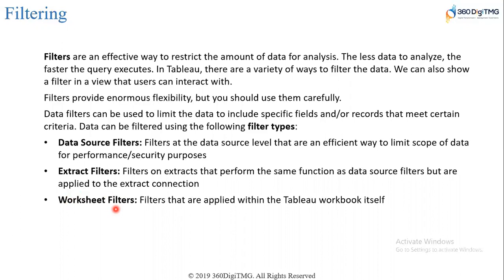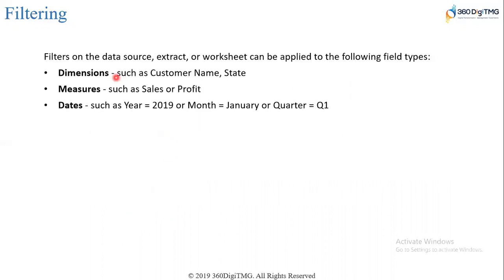So the advantage that we get is, if we set one or more filters to context, then we are putting a limit on the amount of data which the rest of the filters have to process. That would increase the performance of Tableau significantly. These filters can be applied on dimensions. They can also be applied on measures or on date fields. Let us now look at how we create a context filter in Tableau.